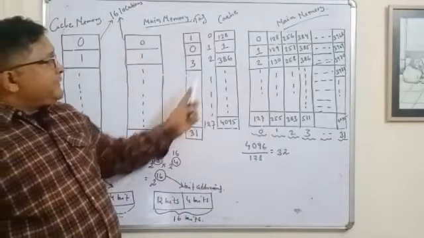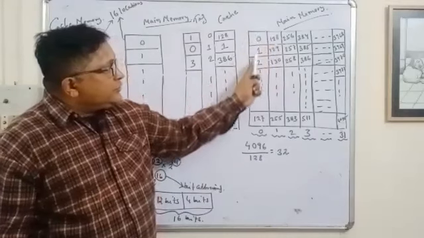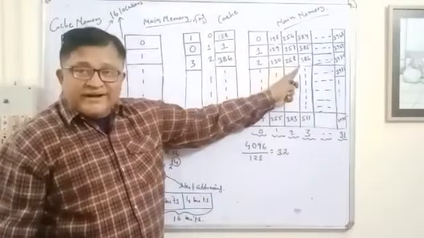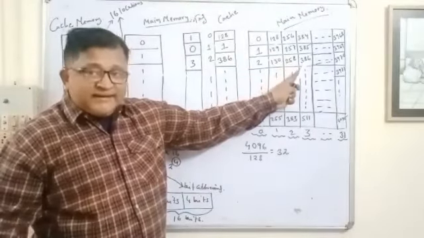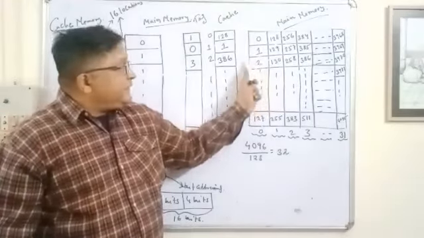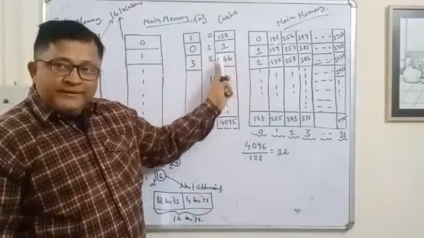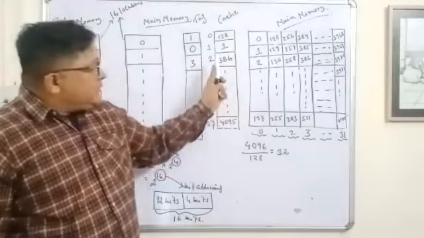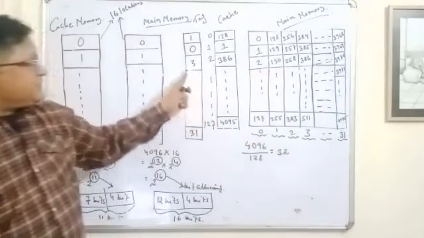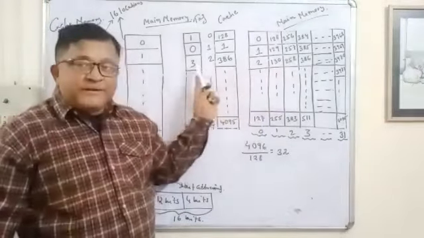Now see, 386 is a page in the third row of the main memory, meaning 0th, 1th, 2th row of the main memory. So by seeing it, we can say easily that it should be loaded into the 2th frame of the cache memory. Okay, 2th frame of the cache memory, 386 is loaded. Now this 386 is taken from block number 3, and block number 3 is represented by tag number 3. So tag 3 shows the block from where a particular page is being taken.